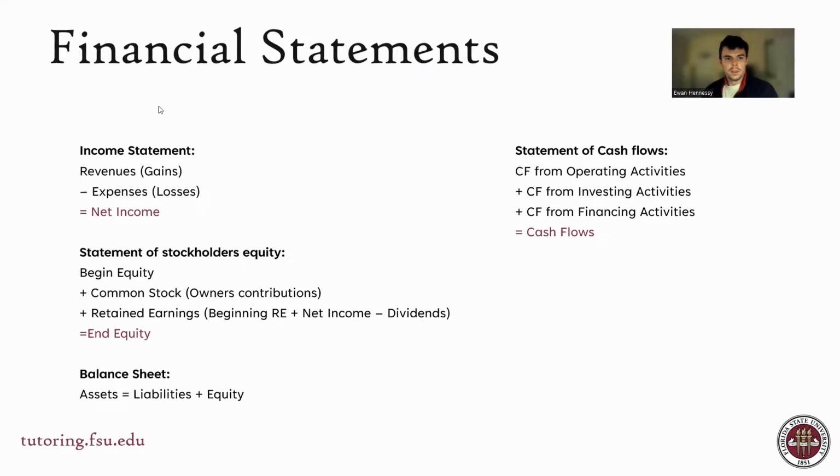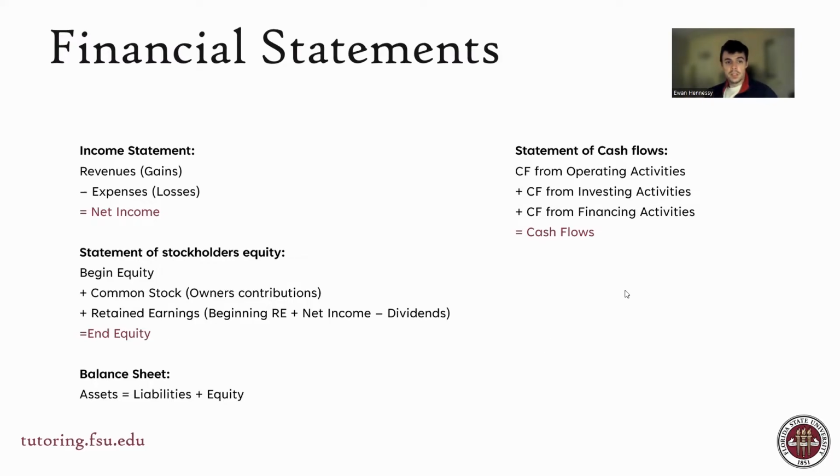for the period. Statement of stockholders' equity is your beginning equity balance plus the value of your common stock, anything, any cash that the owners have contributed to the company that the company can use, plus your retained earnings, which is really just the earnings that the company retains. And you calculate that by taking your beginning balance plus your net income from the period, subtract out any dividends, which gives you the earnings that you retain right after paying out some dividends, and that gives you your ending stockholders'